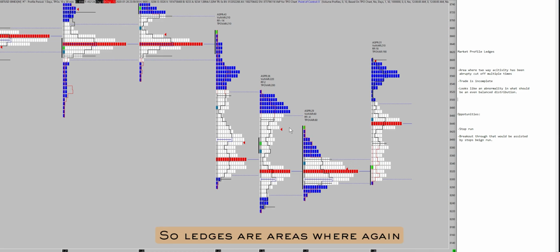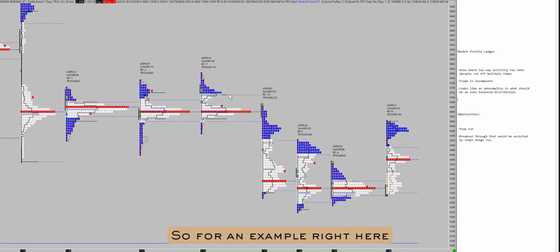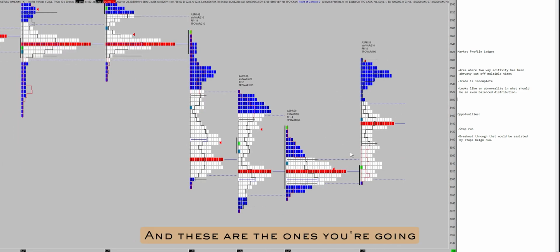So ledges are areas where, again, activity is abruptly cut off and the trade is seen as incomplete. What you're going to see is something that looks like an abnormality within the structure. For an example right here, this is a ledge, this is a ledge. You're going to have multiple ledges within a structure. You'll have some that are more drastic than others, and these are the ones you're going to want